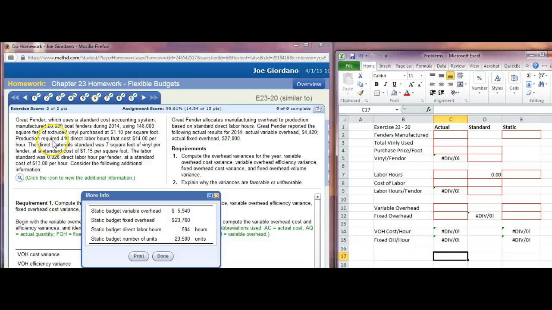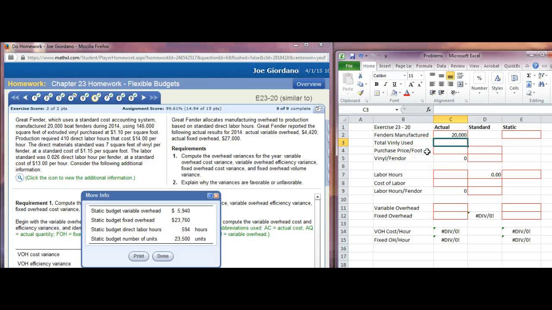So let's read the problem here. We've got a company called Great Fender. Now your homework problem will be very similar to this, but all the numbers will be different. So you got that going for you. They use a standard cost accounting system. They manufactured 20,000 boat fenders during 2014. All right, so 20,000, and that's how much they manufactured. So we call that actual. So I wrote over here, fenders manufactured, actual,